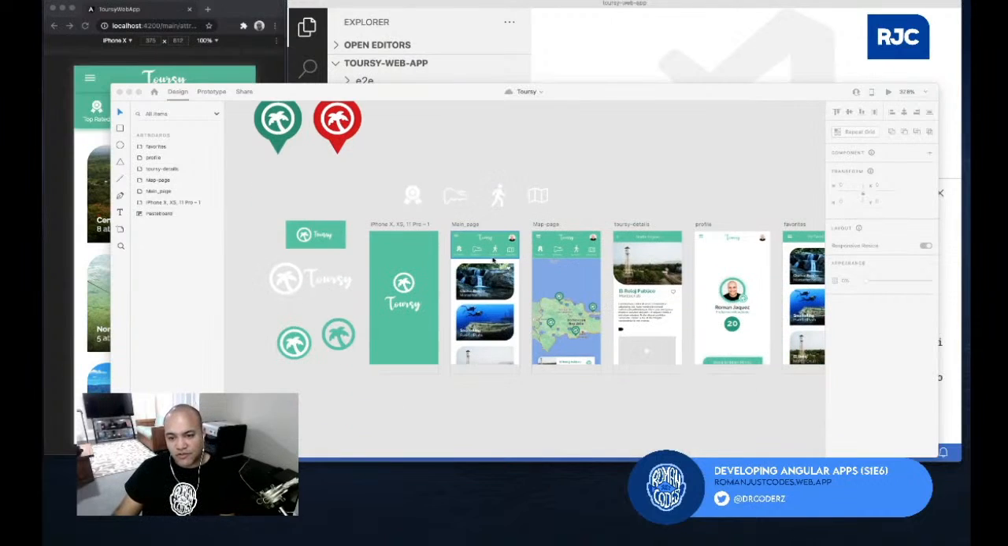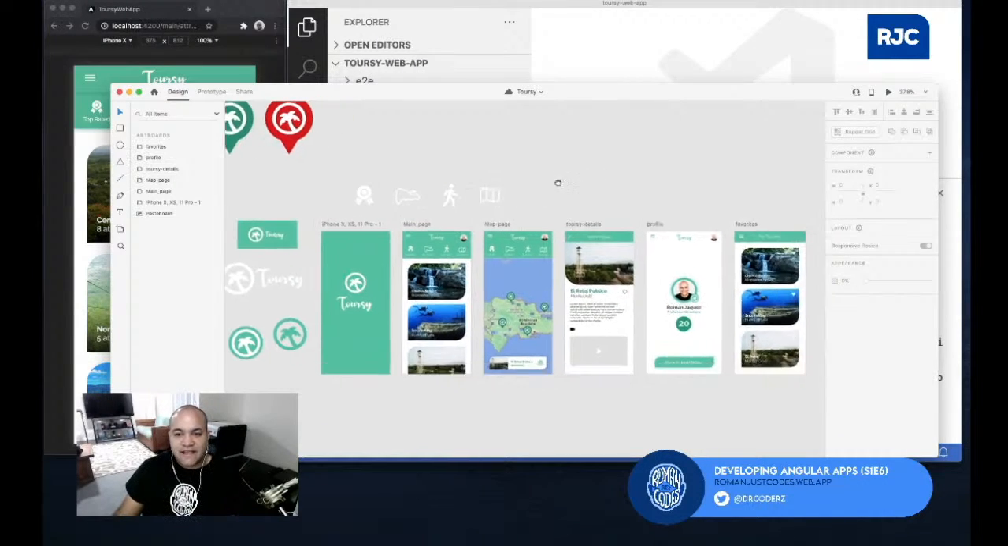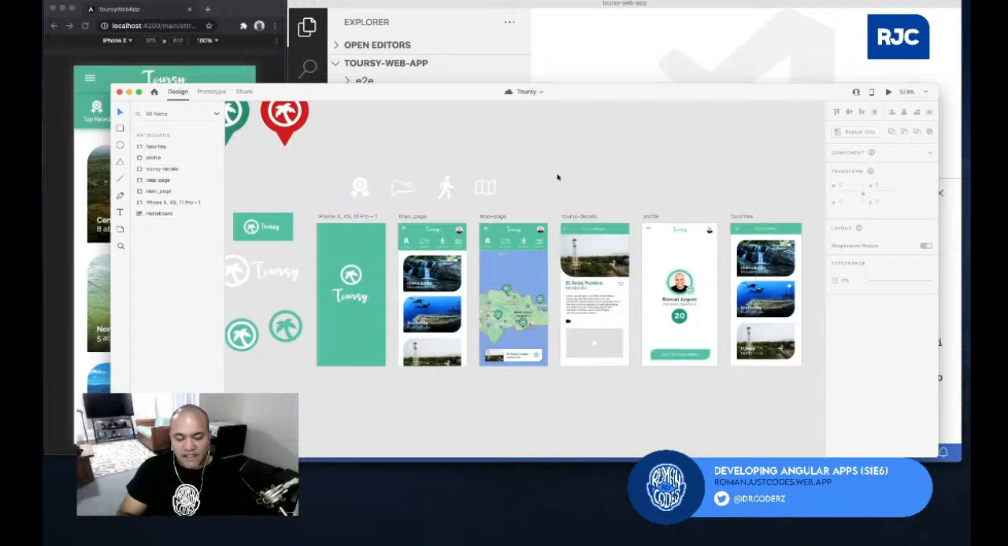This is the application that we've been building. It is called Torsi. It already exists in the App Store because I developed it using Flutter, as a cross-platform native application for Android and iOS. Now I'm porting it over to Angular, so I can prove that you can build these types of applications using web technologies, using Angular 11 and PWA approaches, making it a progressive web app,